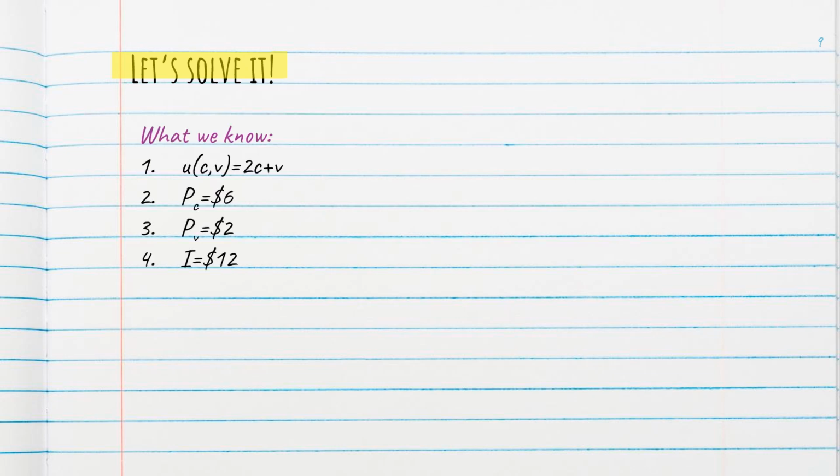Let's solve this question now that we have a general idea of the approach we are going to take. So here's what we know: the utility function, the prices of the two types of ice cream, as well as the income of our consumer. We're trying to find the utility-maximizing, or optimal, basket of ice cream. So we know we have to compute these ratios of marginal utility over price.